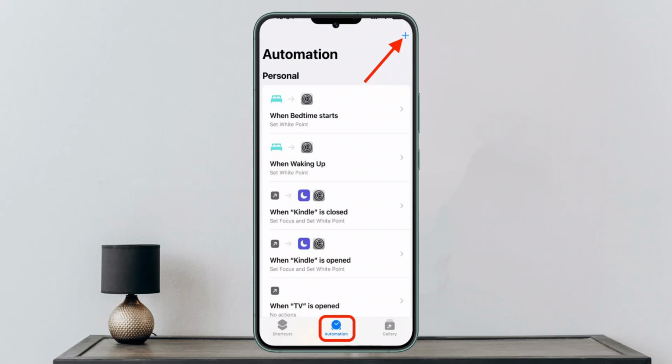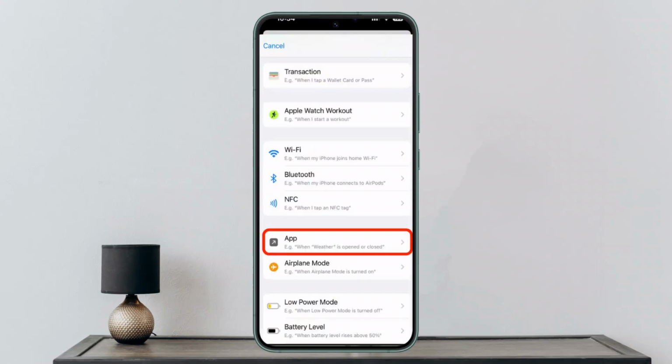Now then, to begin with, you need to launch the Shortcuts app and then tap on the Automation tab at the bottom of the screen. Once you do it, tap the plus icon or button in the top right-hand corner, then scroll down the menu of options and choose the App option. On the next screen, tap Choose to select an app from the list of apps, then tap on the Done